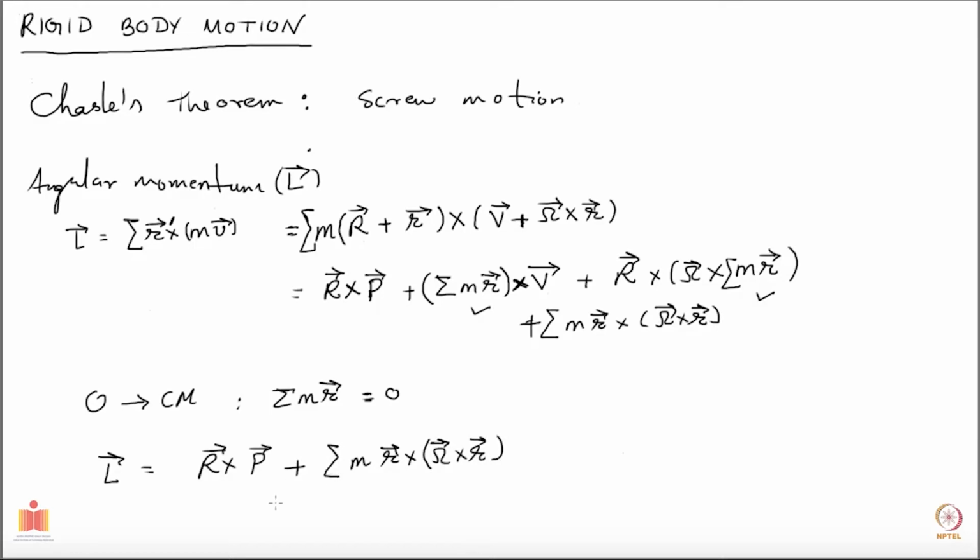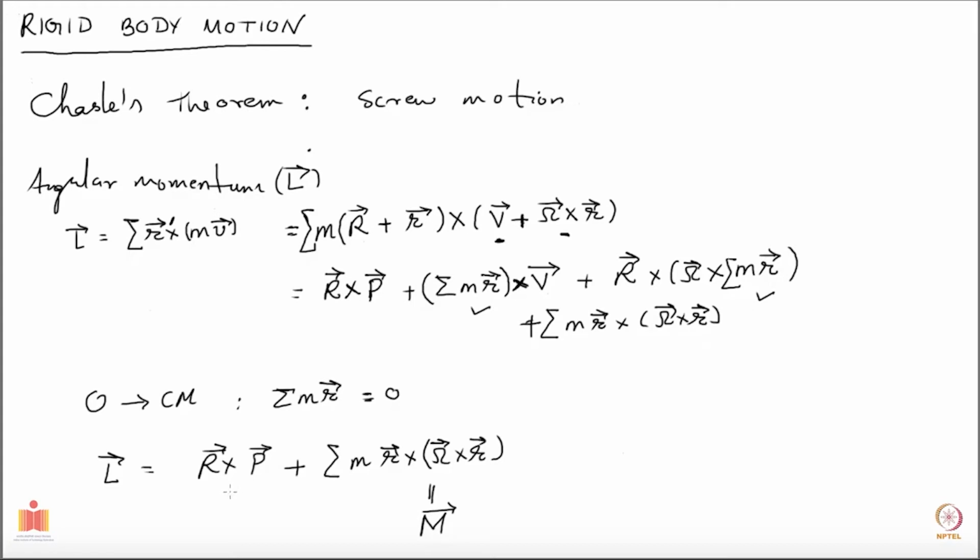Okay, so this piece is really due to the rotation of the body, right? Because this is what this omega cross r gives you. This part was for the translation. This part was for the pure rotation about the rotation axis. And so this piece is the piece which is purely due to rotation, and we call it intrinsic angular momentum, and I will denote it by M.